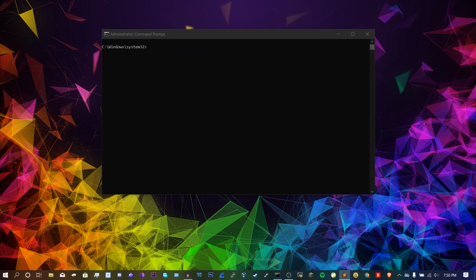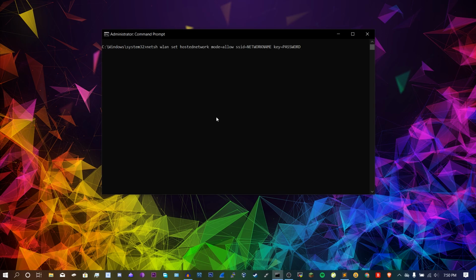Next command that you'll copy and paste from the description is this. You need to set a password that's longer than 8 characters. So I'll just do testing123 for that. And here you would set your network name, and I'll just set it to Xbox VPN. Press enter. So once you enter that, you'll see all of this stuff, and that basically means